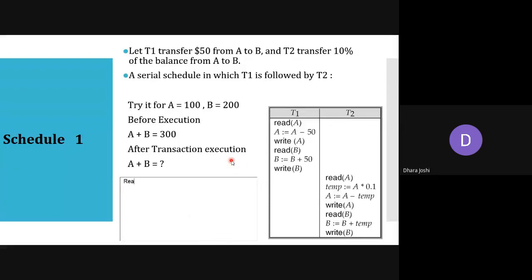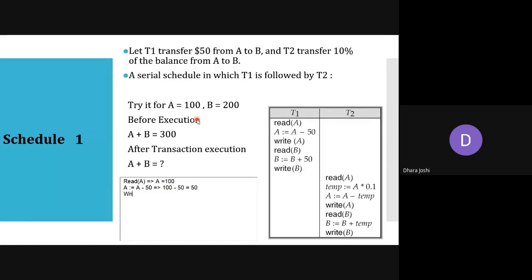So the first instruction is read A. It will read the value of A, which, as you have observed, is 100. Then the second instruction is A equals A minus 50. A's value is 100, and we are deducting 50 rupees from it, so the updated value of A is now 50 rupees.